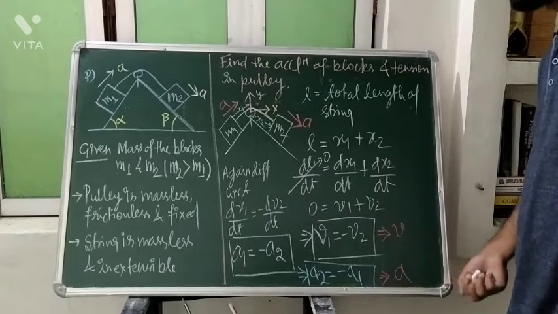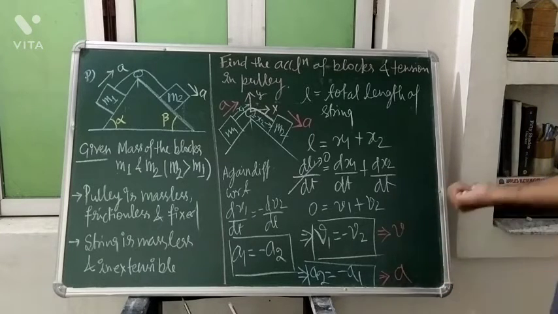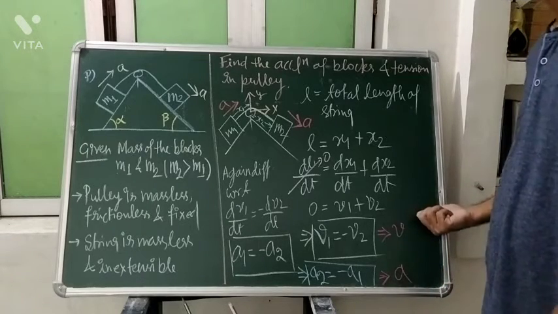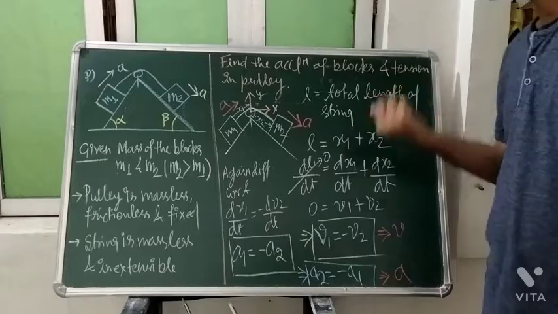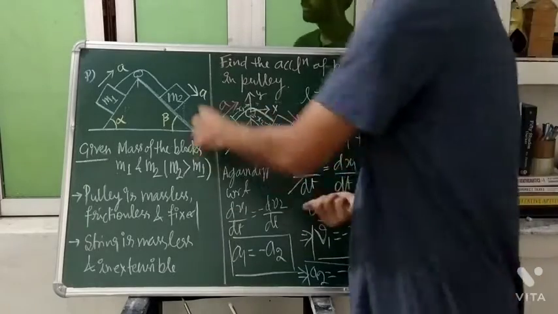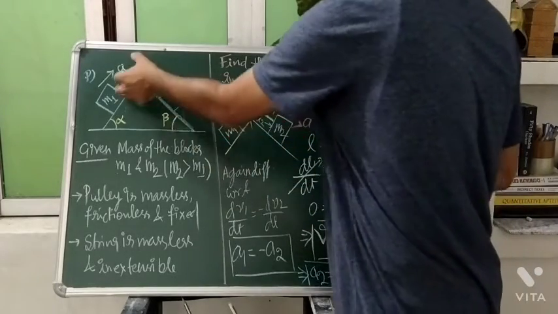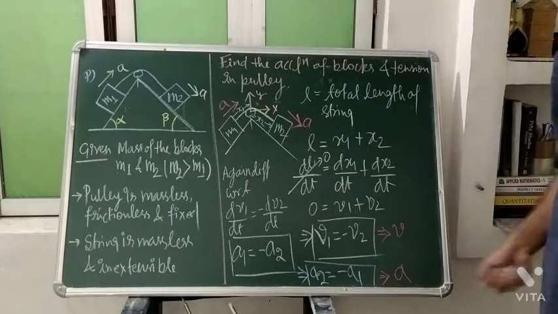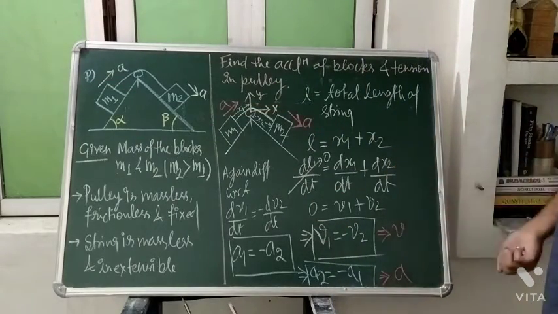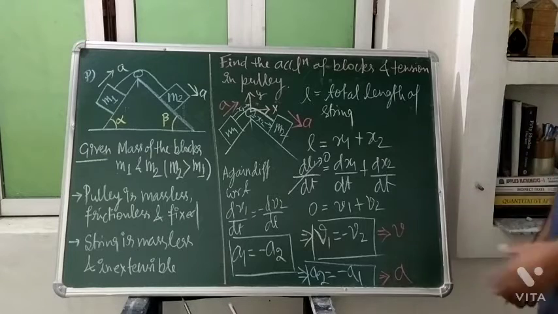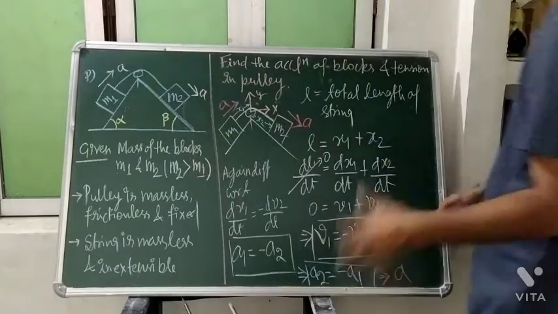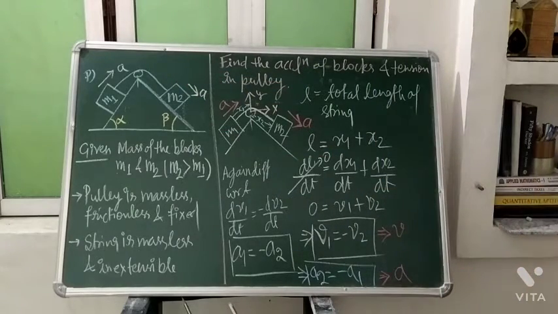So now both have become happy, those who have understood this or not understood it. They can understand that the same distance it is going to travel, the same distance the other is going to travel, since we are talking about the same string. Next, when I give you the problem, I am not going to talk about this. I will just say that the same acceleration will come in that numerical when we solve it. So it's up to you.